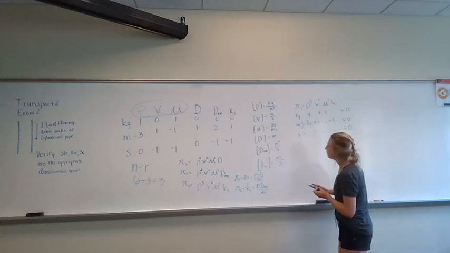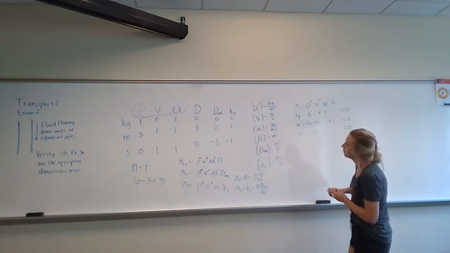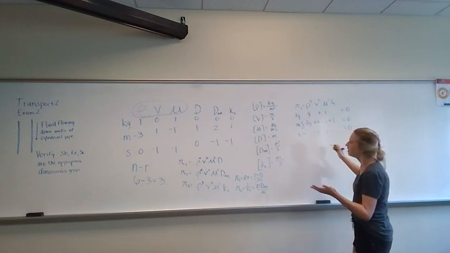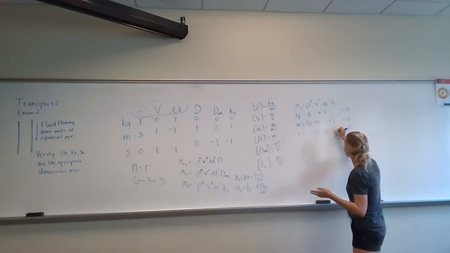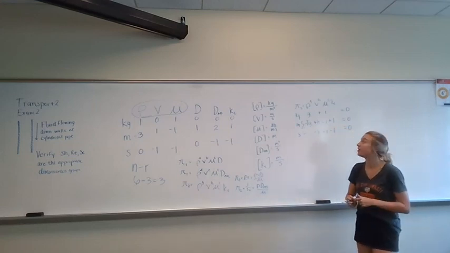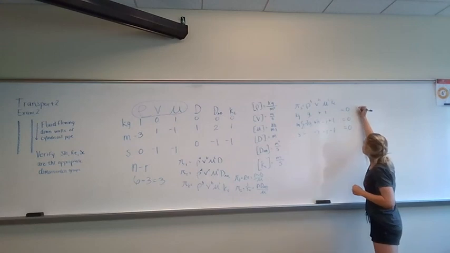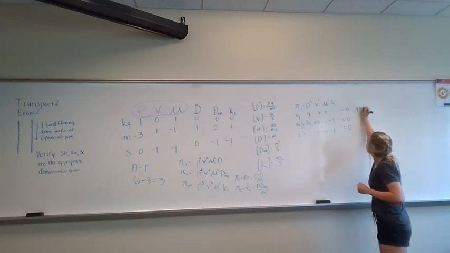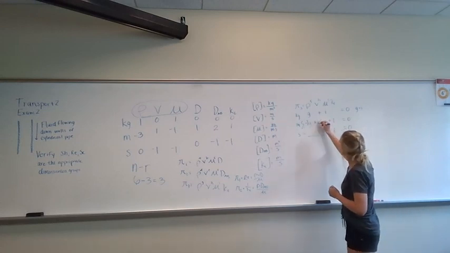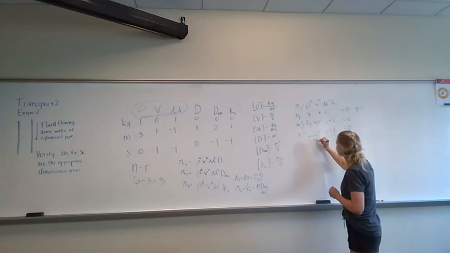And then we have no seconds, -h minus i, and then there's seconds to the negative first in the mass transfer coefficient. So we have a -1 there. And we'll solve this. g is equal to -i, and then we can add these two equations. The h's cancel. We get -3g minus 2i